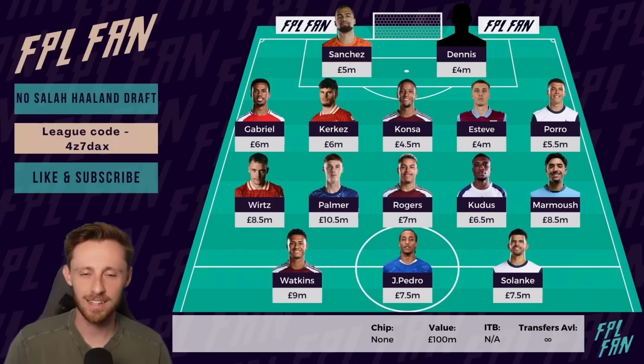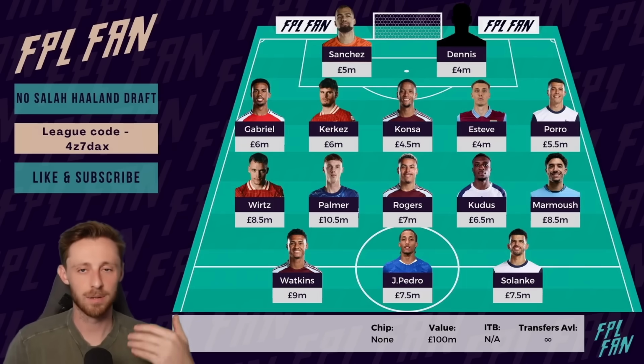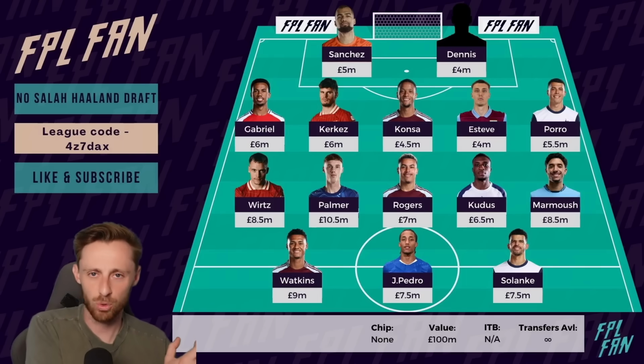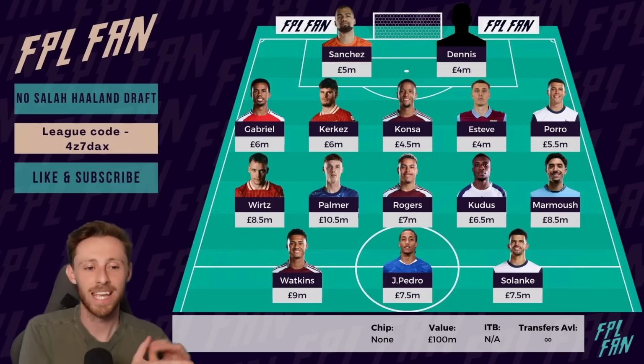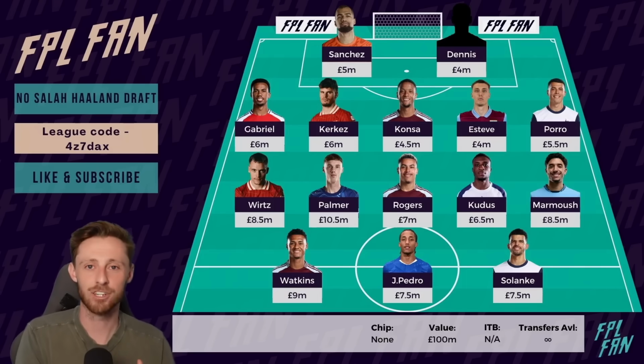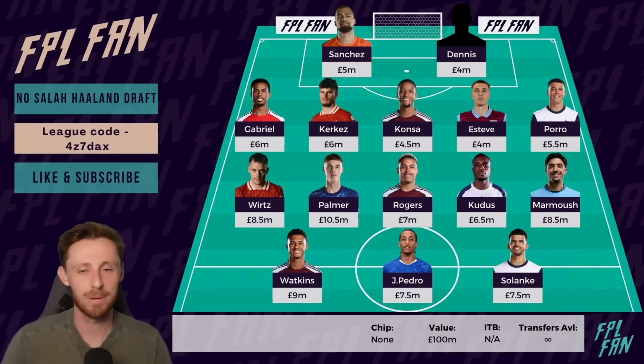In terms of the defenders, we can go a bit more premium. Whereas before we had 6 million Gabriel straight down to a 5 million, we can accommodate somebody like a Gabriel. We can go for another person like a Kerkez, but that could easily be a Van Dijk, that could be a Frimpong, that could be a Cucurella. And we can also have a 5.5 million option in Pedro Porro. Again, we had Udogie in the previous one, but Porro might actually be the more attacking influence in that Thomas Frank team. 4.5 million, take your pick from Konsa, Wan-Bissaka, Marc Guehi,